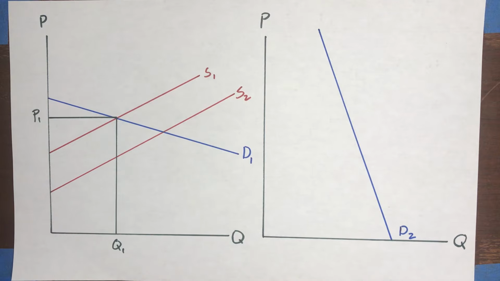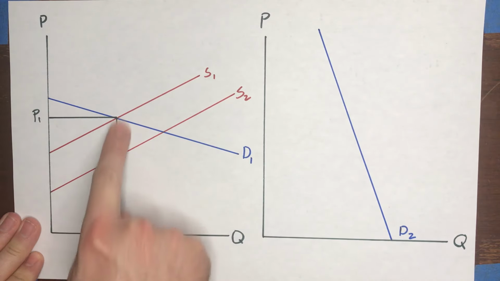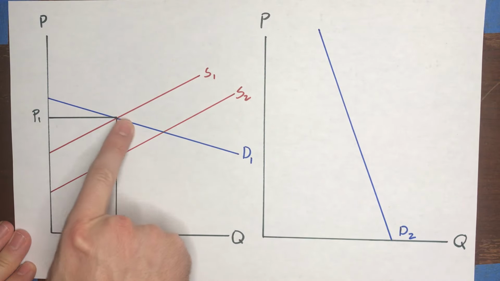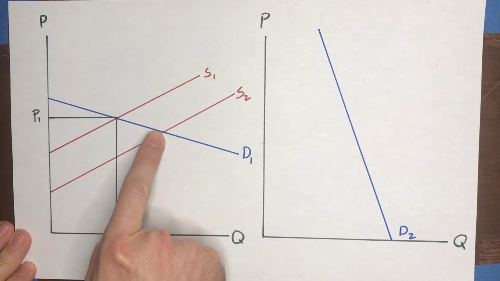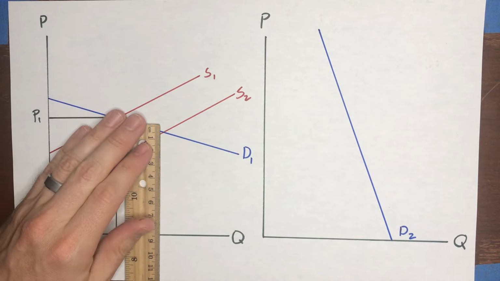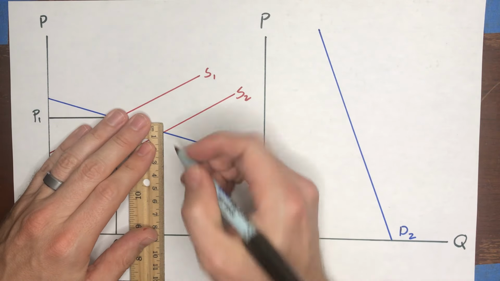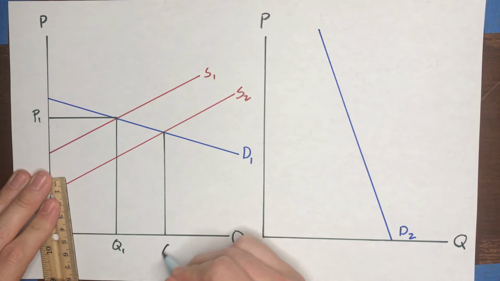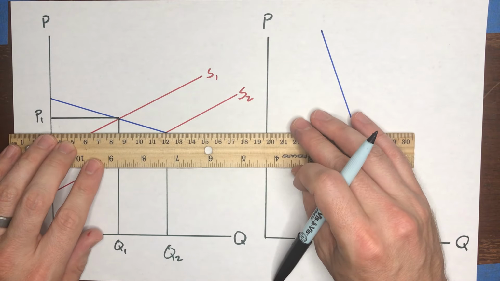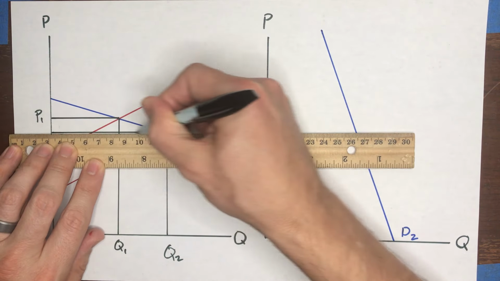S2. And now before I draw the price and quantity lines on the second equilibrium, first of all notice that these price and quantity lines, this maps out the total revenue when supply was more restricted. Now, as the supply curve shifts to the right, the price is going to fall, but only by a little bit. And the quantity demanded is going to increase by significantly more. So the equilibrium quantity shifts to here, Q2. The equilibrium price goes down to here,